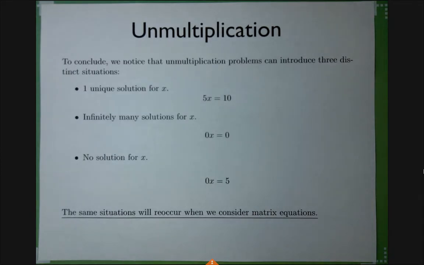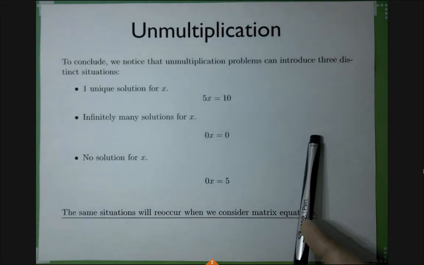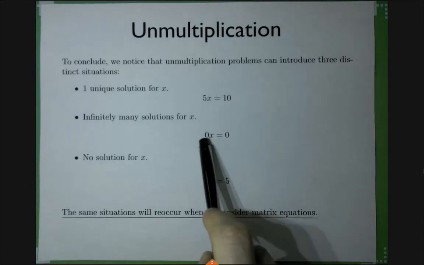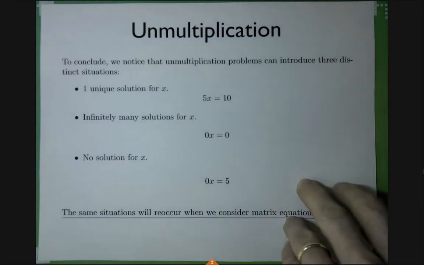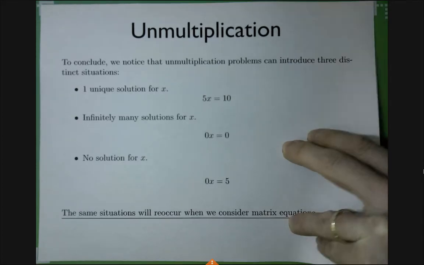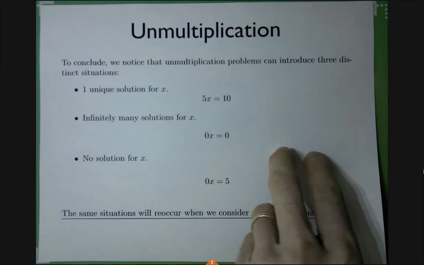All right? And why I'm bothering you with such a dumb example is that the same situation will occur with matrix equations, with systems of linear equations, except that it won't be so easy to see. Here it's really staring at you. In the matrix, it will be sort of hidden, this fact that it's one of these cases, and unless you do some more advanced linear algebra, it's not easy to discover. So keep this in mind when I'll be talking about singular matrices and so on. This is a good way to remember it, just a 1-by-1 system of multiplication.